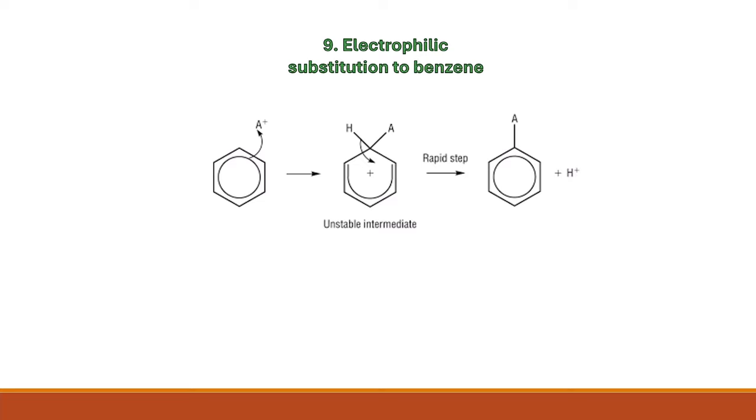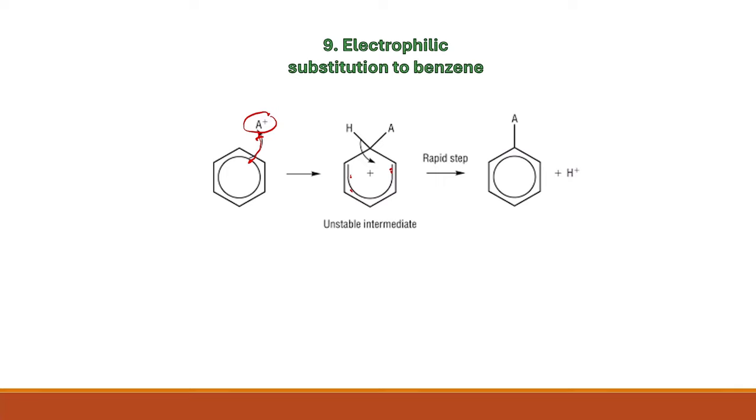The mechanism is going to be exactly the same, whatever the electrophile you're going to use. So you have your electrophile, which has a positive charge. The first step is that the electron ring inside the benzene is going to attack the electrophile, and that will open that electron ring, breaking the aromaticity of